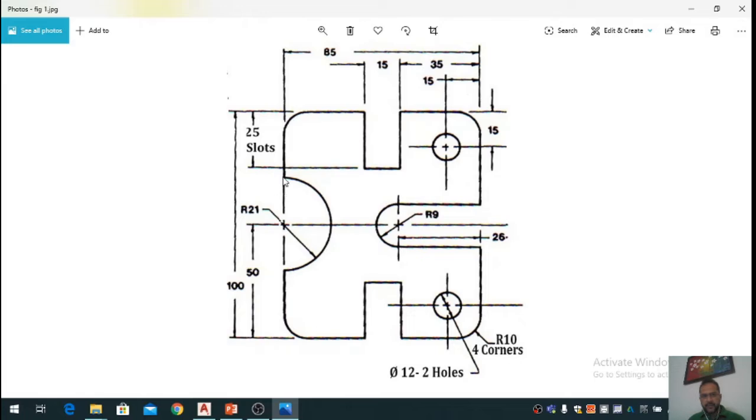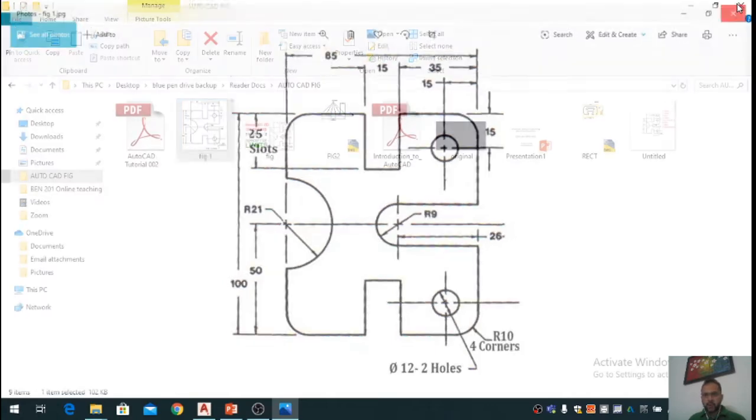Then we will draw this semicircle of R21, and then we will draw another slot, this one. We will use the line command for drawing this rectangle, then the offset command, the trim command and then the mirror command. So let's try to draw this figure.